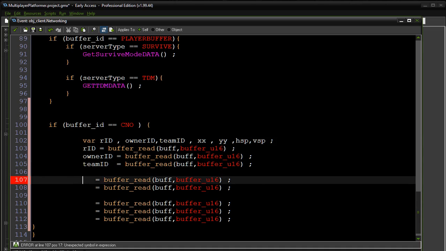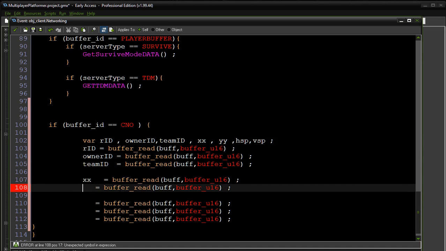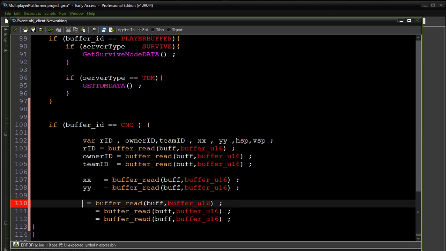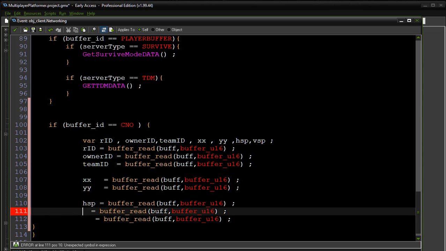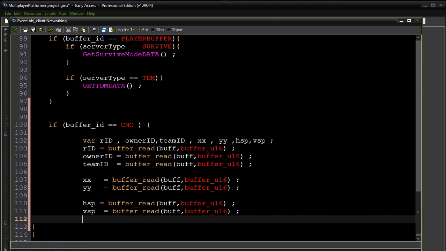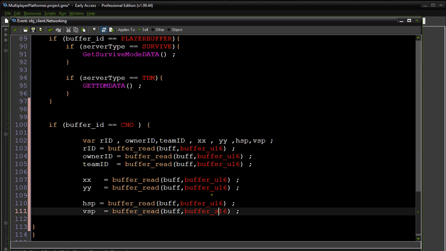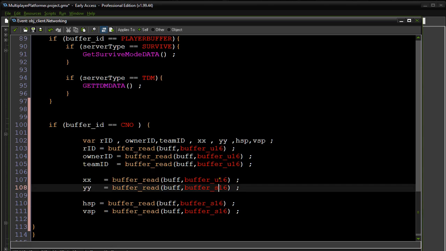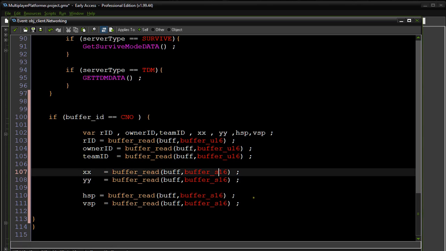Well, now these are the X, Y, H speed, and the vertical speed, and we have an extra line here, so it's related. Well, basically these are S16, and so the X and Y. Okay, so